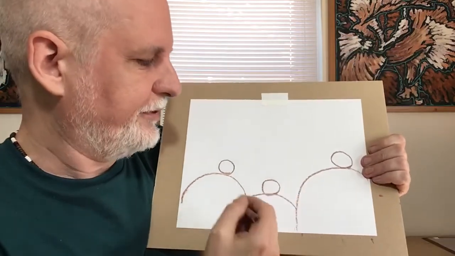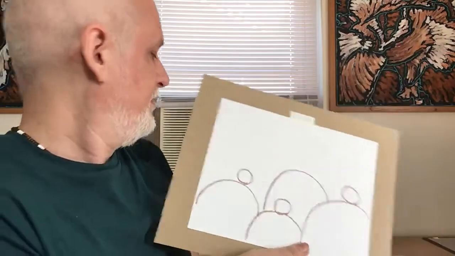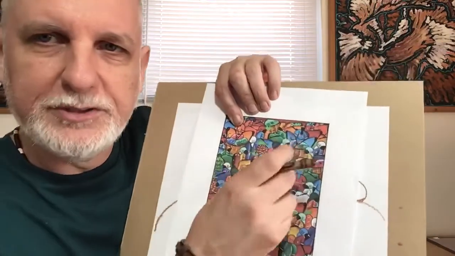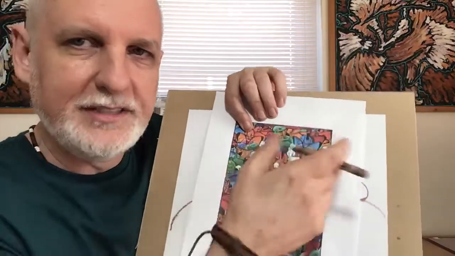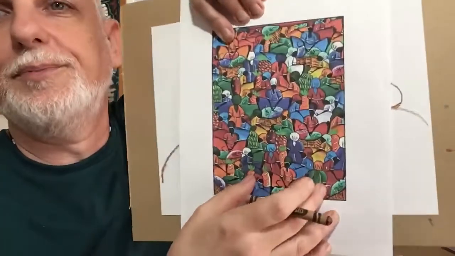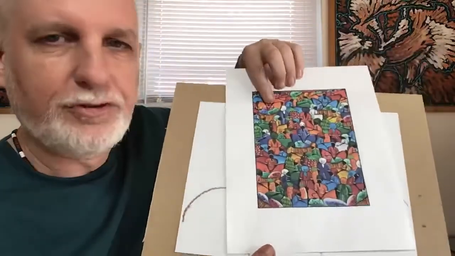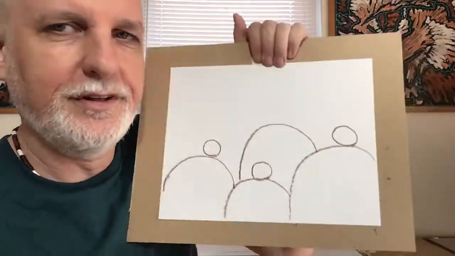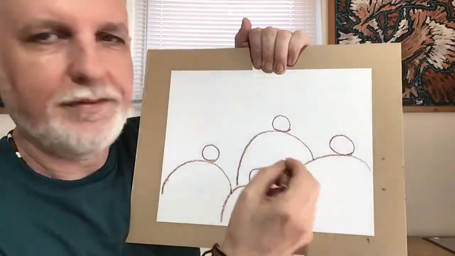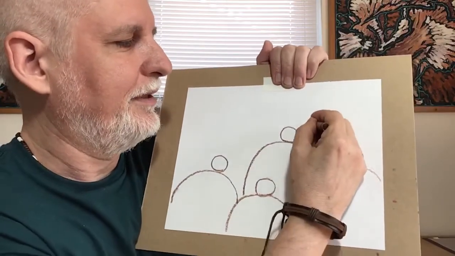Okay, so there's 3 figures to start with, and I'm gonna just fill it in just the way this artist did here. You notice he filled in every bit of space with something. You can't see the ground, you can't see the sky, everything's filled in. So it almost looks like a design, but it's a bunch of people. But it has this nice colorful feel to it. Very tropical Caribbean feel. Okay, so I want to get that same feeling, even if I'm not doing the picture exactly the same. Okay, there's a few bumps